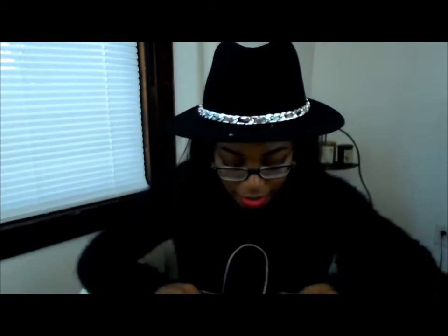So first off, I'm a huge fan of highlighter. I don't know, my lighting's not the best. You can't really probably tell about the glow, but I love to layer my highlights. I do liquid, cream and powder all together in one go. So my favorite highlights of the moment that I've been using, and I usually use these all together,